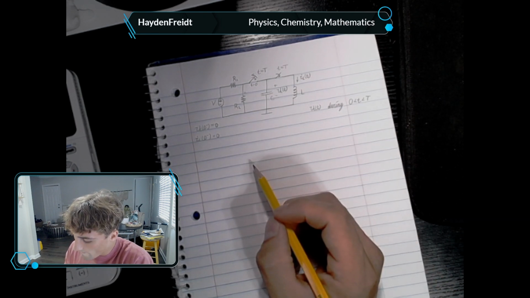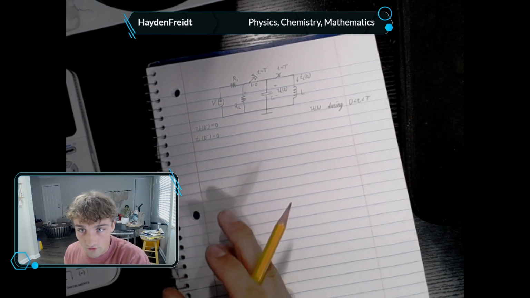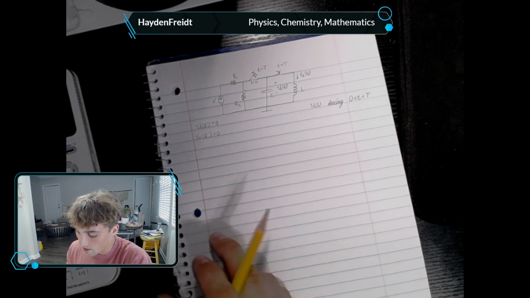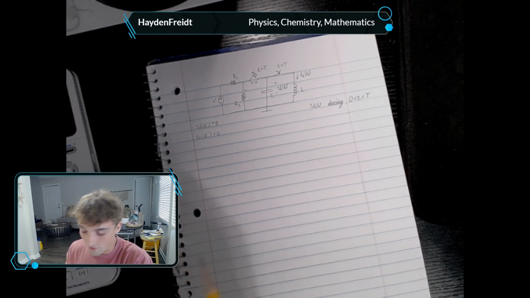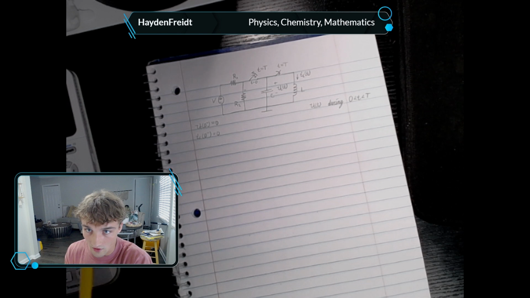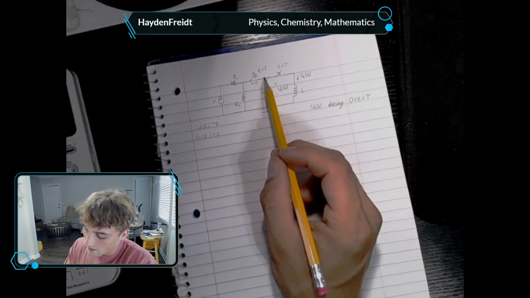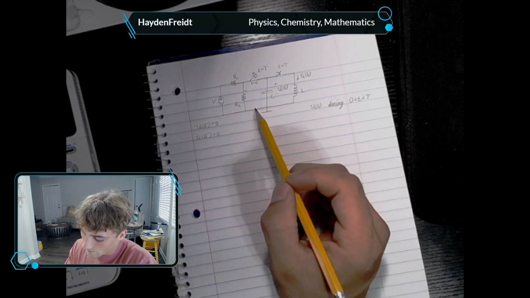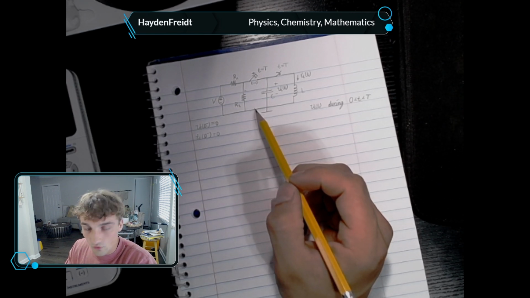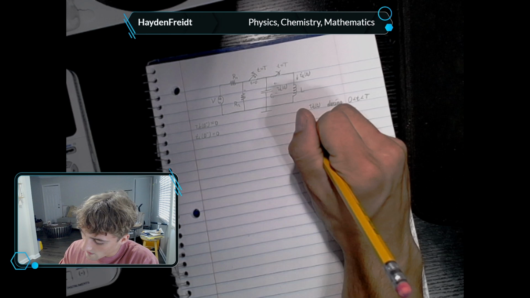This is an RC circuit. So what we're going to do is convert into our Thevenin equivalent, because we really just want an RC circuit where we have one resistor in series with our capacitor. To convert that into the Thevenin equivalent, we look directly across the capacitor. I'm going to need the voltage. So we're going to say that V Thevenin